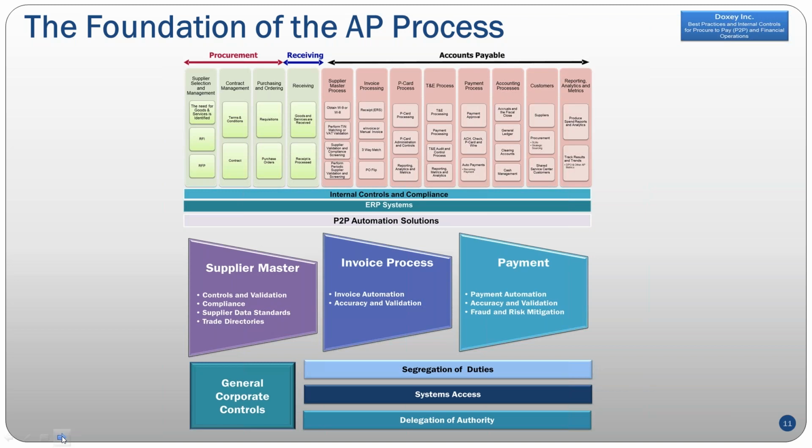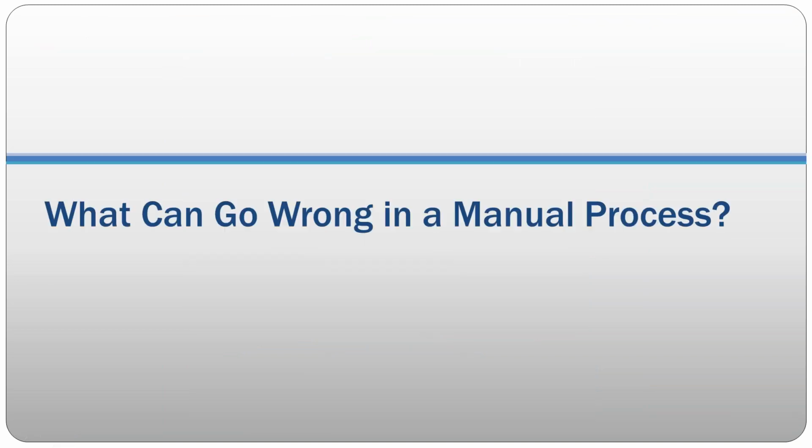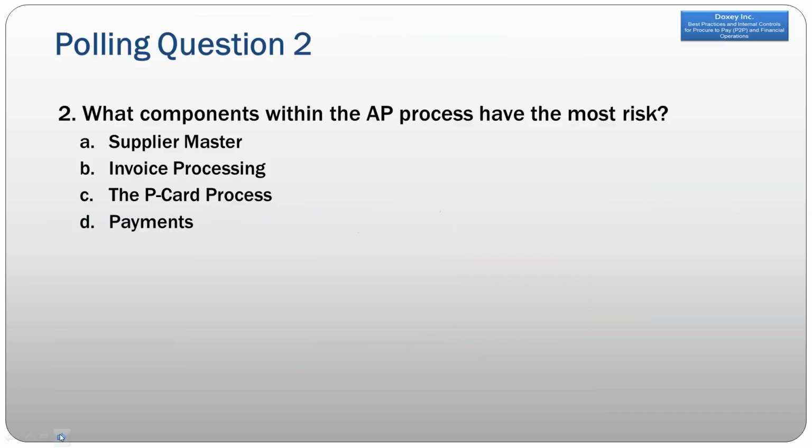Are those causing some problems within P2P and AP? System access, which is actually going to be one of our case studies, and of course, delegation of authority. How can we look at automating approvals and certainly consider looking at workflow from end to end? So as we've started to talk about pain points and we've looked at the end-to-end process, we have our next